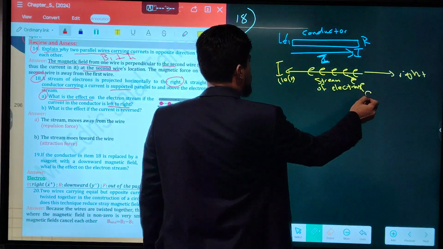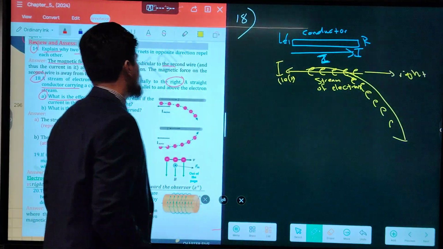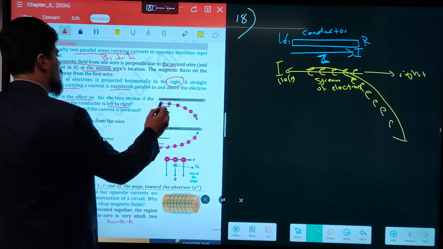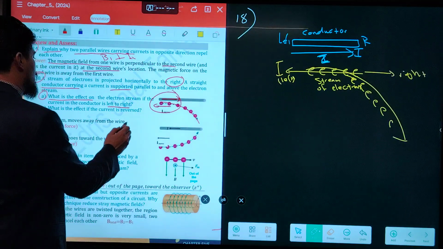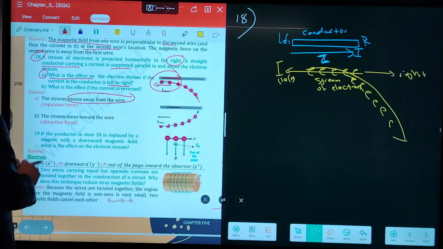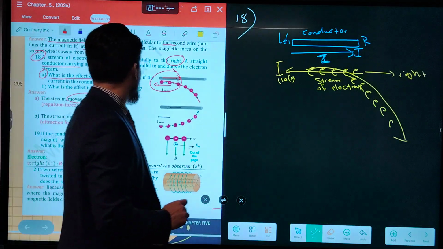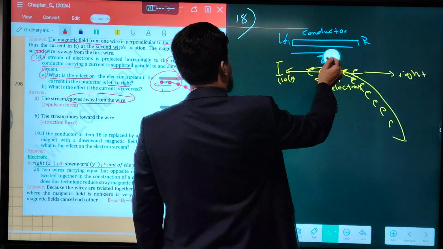So that is why the stream of electrons is moving away from the conductor. Because these two currents are in opposite directions, the stream of electrons moves away from the conductor. Branch B: assume that the current is reversed in the conductor,